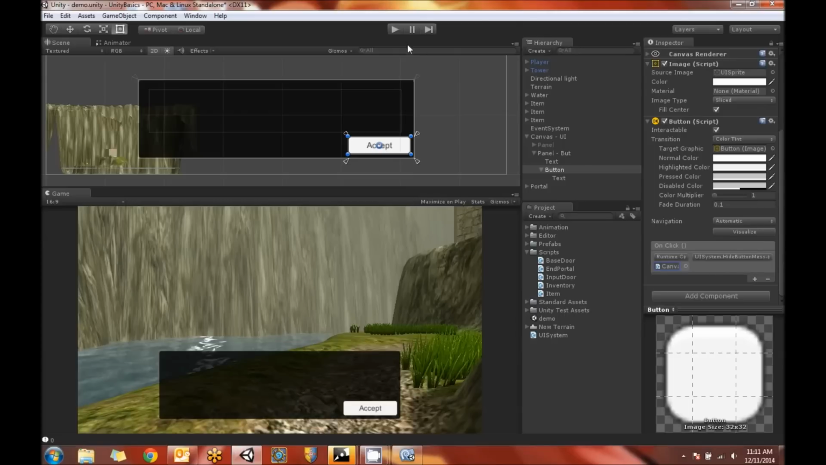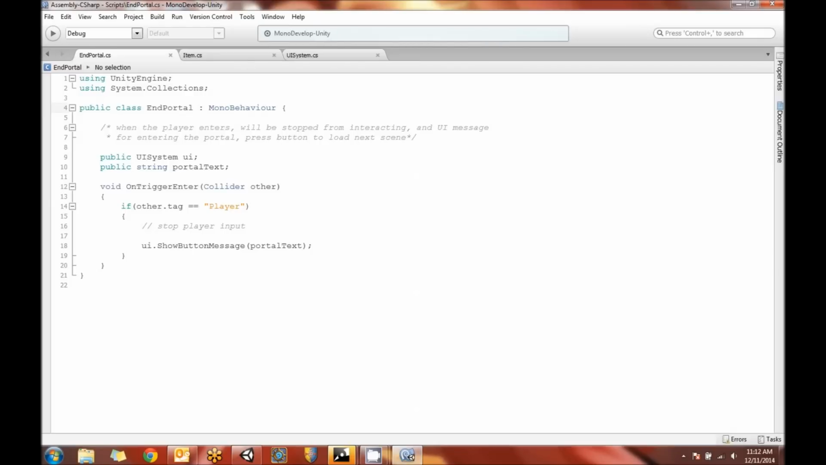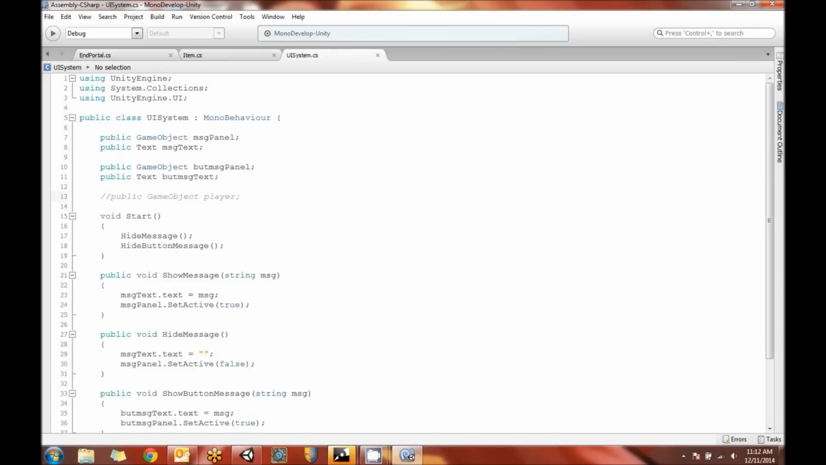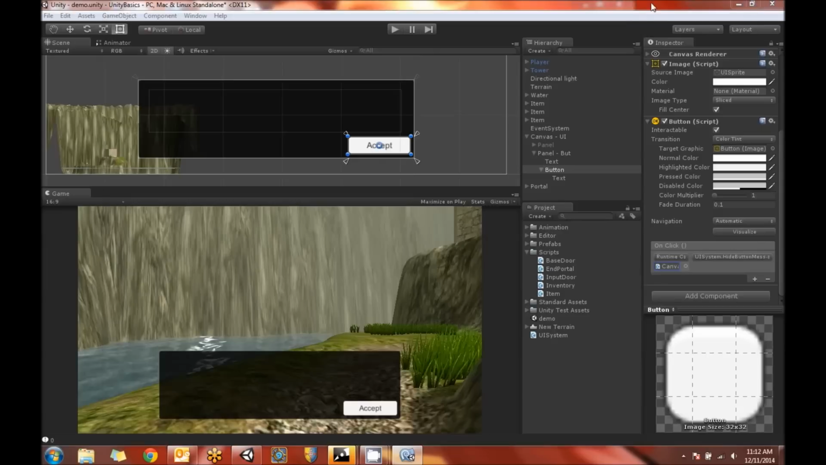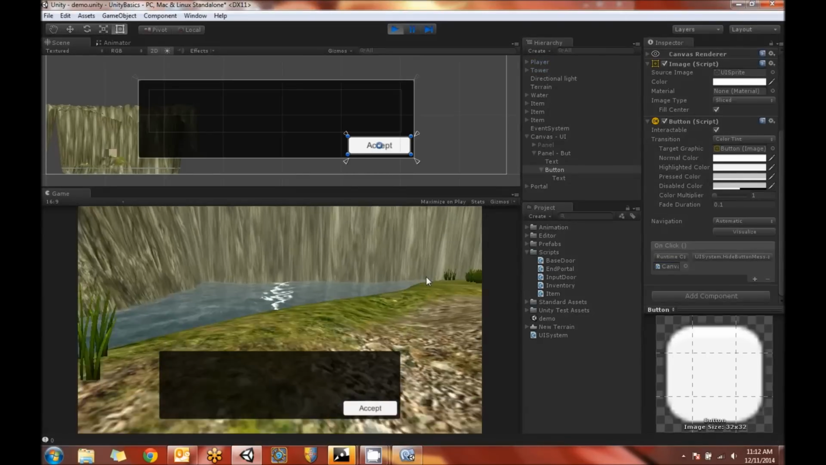So if I left it up, I would actually be able to close it. So let's turn off in the UI system. We have hide button message on start. Let's hide that out. And then if I hit play, I will have the message, and then if I click on it,